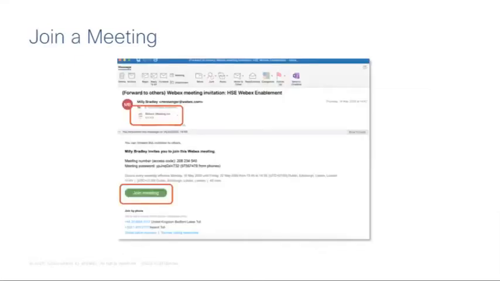Okay, so after you've clicked Save, you're going to receive 2 emails to your registered email address. The first one will be your hosting information. So this is only for you and you shouldn't share it. And the second one will be the email you can see on the screen now, which is called Forward to Others. This is an email which you should use as your invitation.